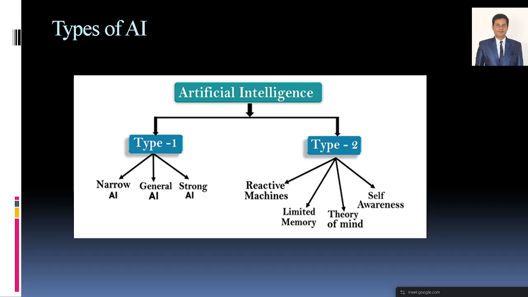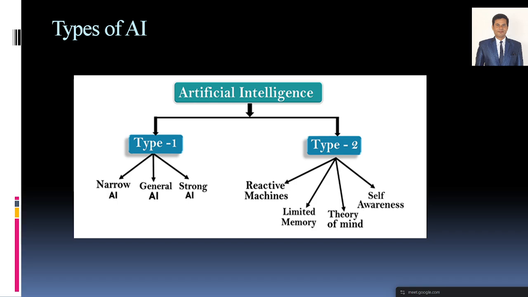In general AI, we provide only smaller data, and it will try to understand. For example, in ChatGPT, if you give one input, it will try to understand and give the outputs. So that is the general AI. We are just giving very general things. If you ask anything, it will try to provide an answer. It will not analyze like a strong AI, right?